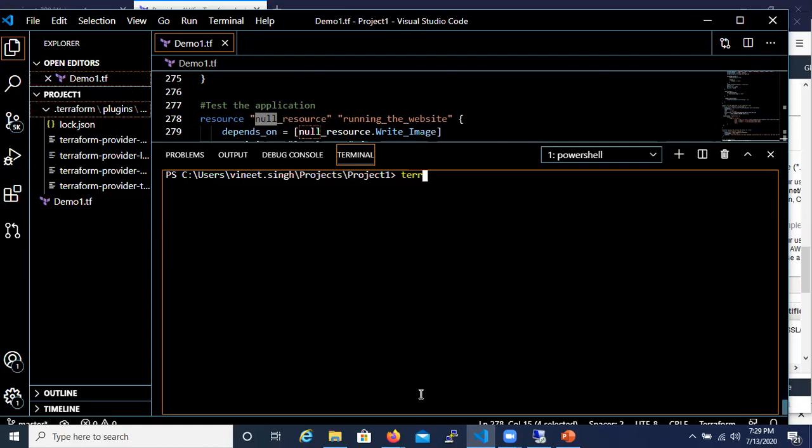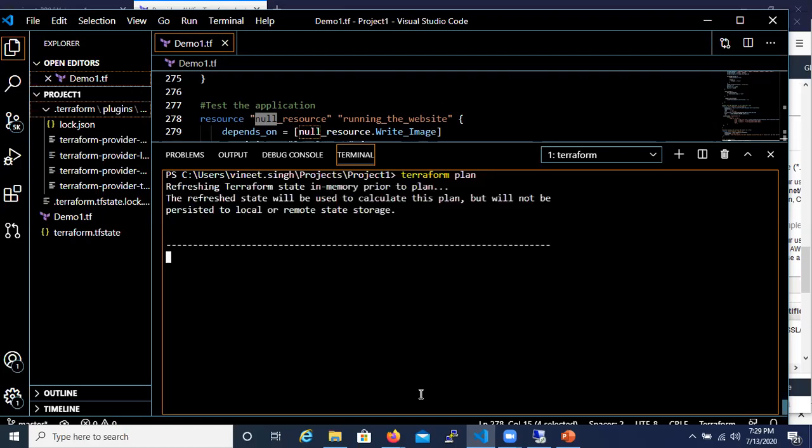Now that we have initialized our configuration, let's move over to the next step, which is Terraform plan. With Terraform plan, I will get an idea of what components are going to be deployed in my infrastructure.